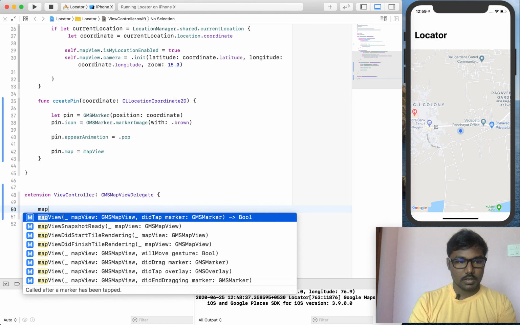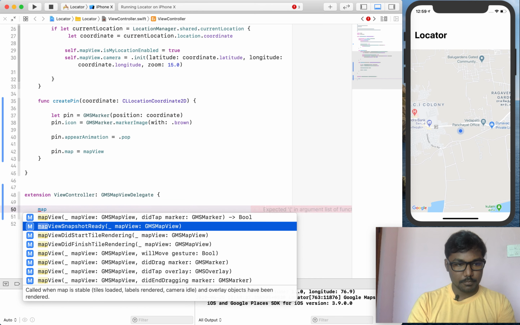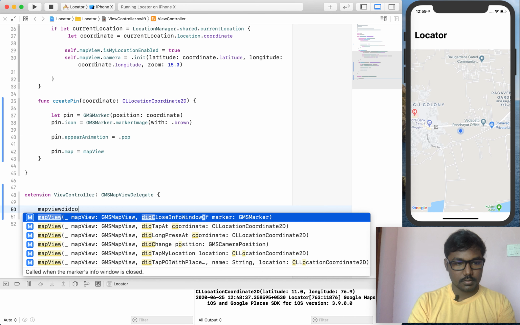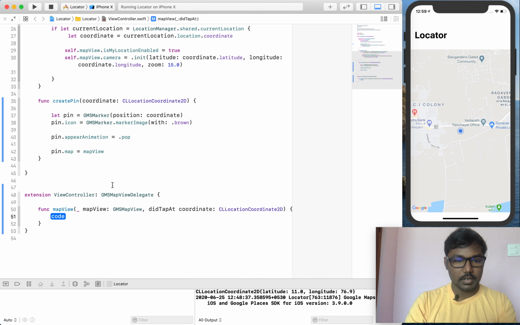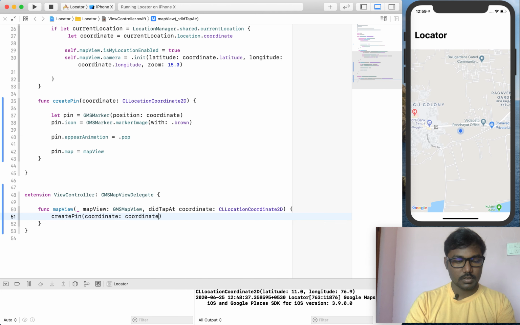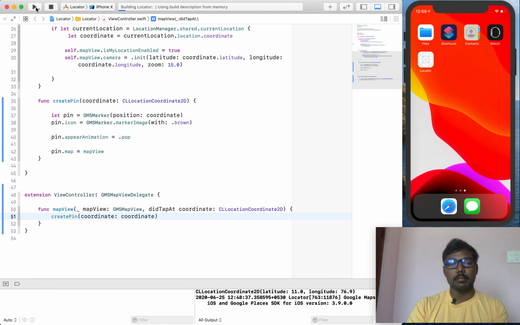Now I am setting the mapView didTapAt coordinate. Here I am creating the coordinate pin using that coordinate. Now the pin will be set where we are tapping at the map.